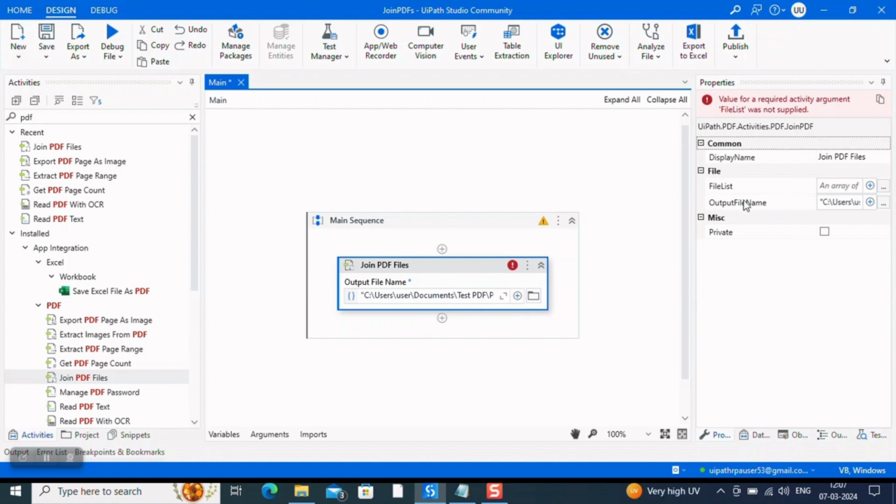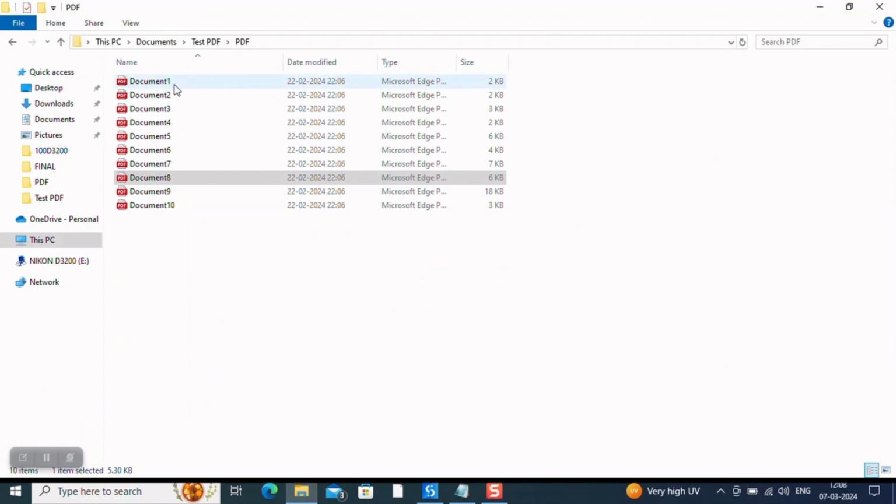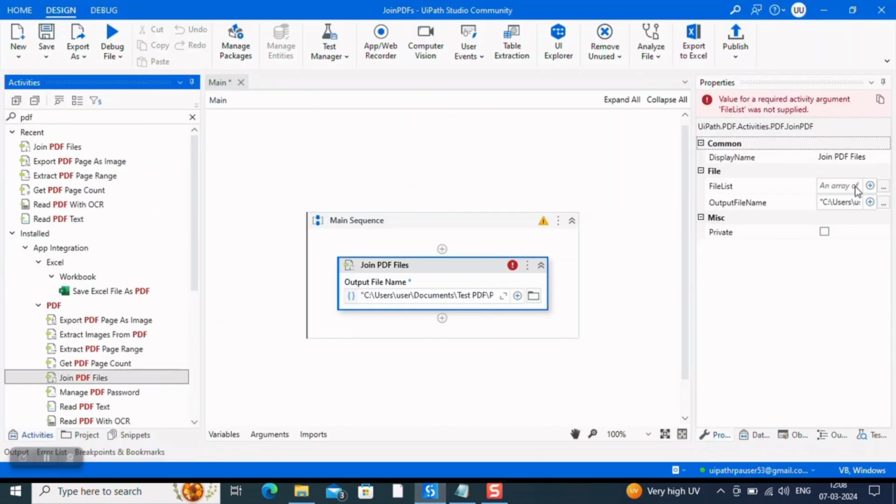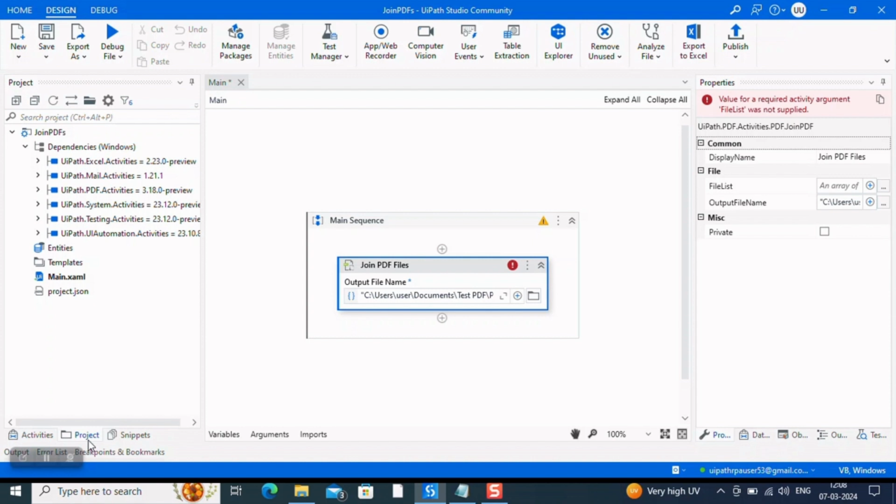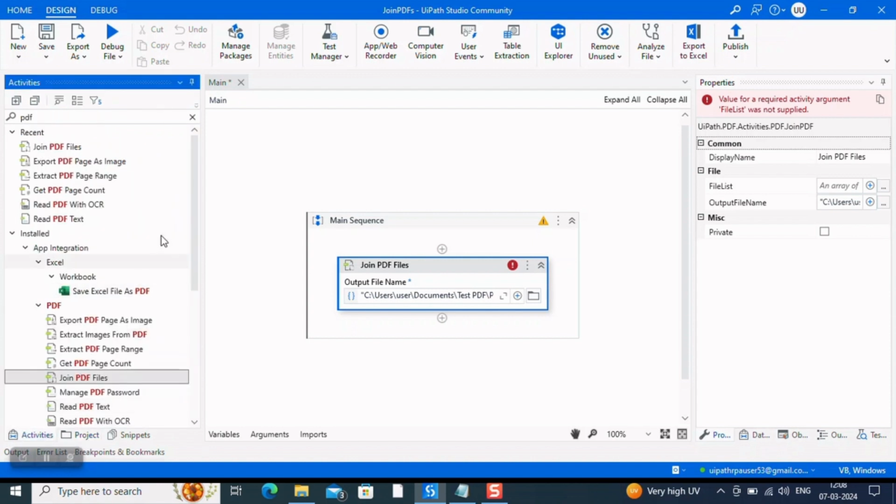Now we have to send the list of files to be merged. You could do it in two ways, guys. You could come here, copy the path of each document and pass it as an array variable here. Or there is one smart way of doing it. What is that? Come to your activities panel,